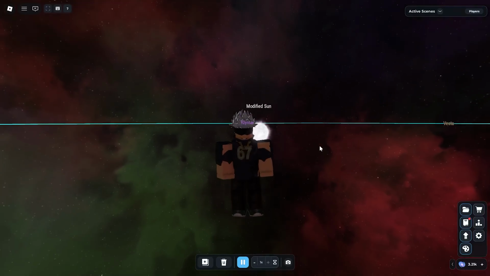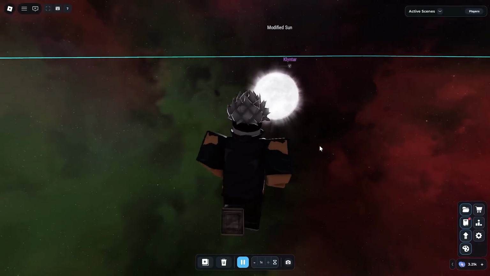In this guide, I'm going to show you how you can add objects and change object properties in Cosmic Playground